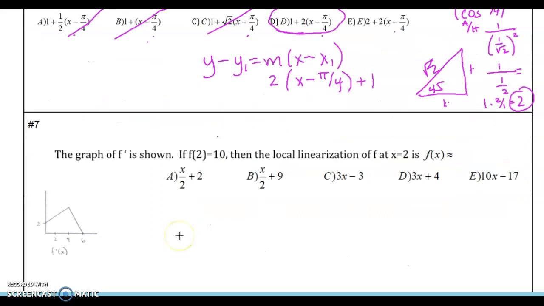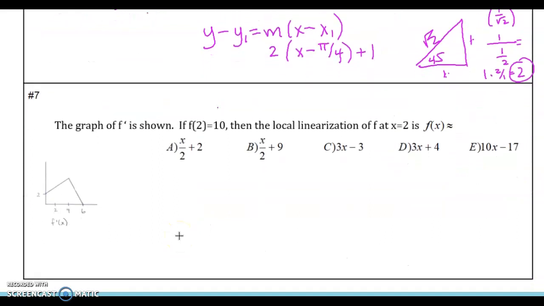All right, I've got 20 seconds left on this video. I'm going to run out of time. So I'll probably make a part 2 for this, but I'll start talking about it anyway. This is the derivative graph shown. This is my y value, so x, y, then the local